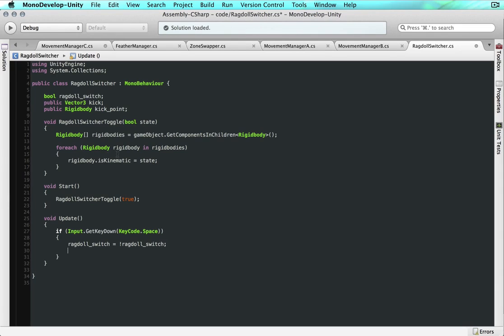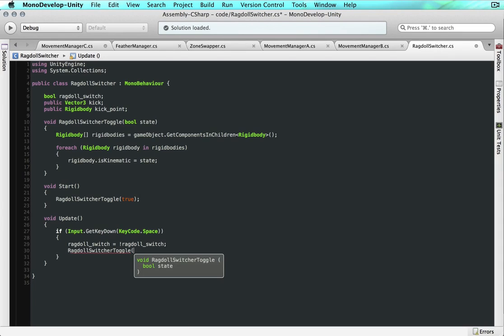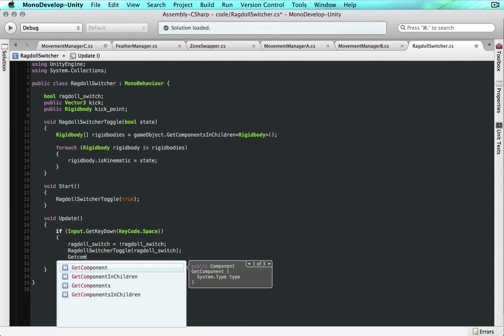Now, we're going to be launching this command up here, this ragdoll switcher toggle, with this ragdoll switch boolean. Ragdoll switcher toggle and ragdoll switch. Now we're going to go into our animator component and our character controller and disable both of them. So like we did before, GetComponent,